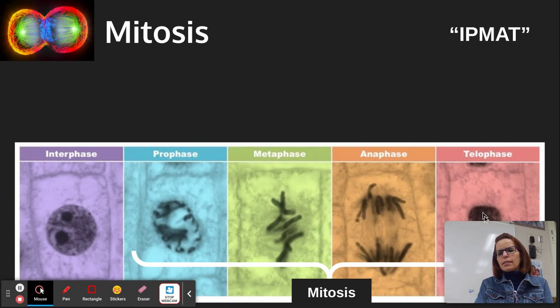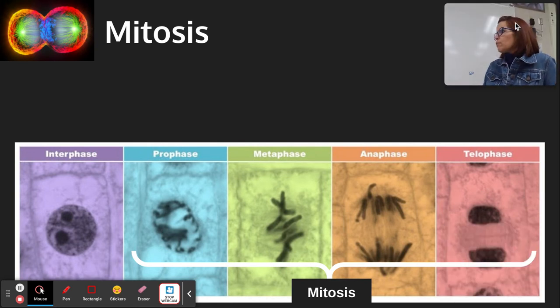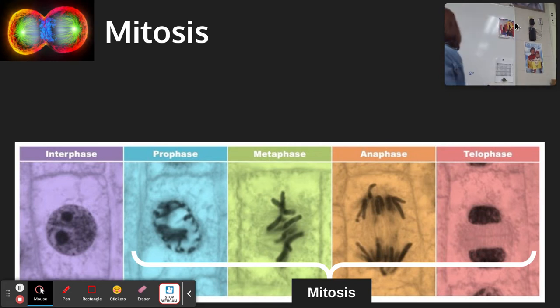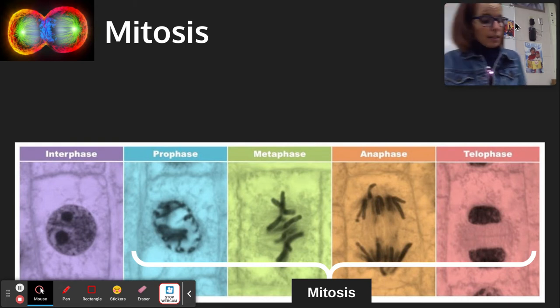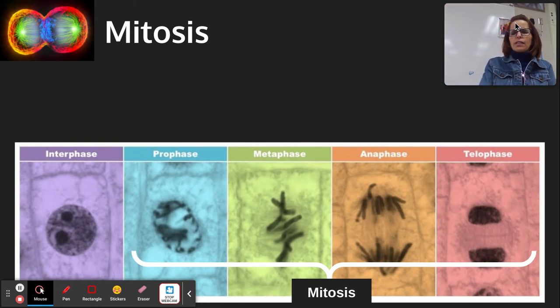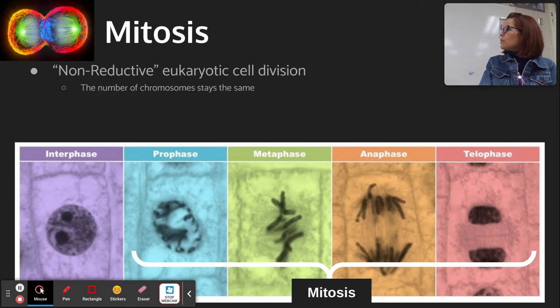Take a look at this diagram and just see if you can get the hang of what's happening, or could put them in the correct order. They're in the correct order right now, but if we gave them to you scrambled. In prophase, the DNA starts to twist up and it forms the chromosomes that you can see. In metaphase, they line up in the middle. In anaphase, the two sides get separated. They get pulled apart. And then in telophase, you can see in this diagram, there's a tiny cell wall. They call it a cell plate right now that's forming. That's in a plant cell, the telophase that we're looking at. And so it's splitting in two.